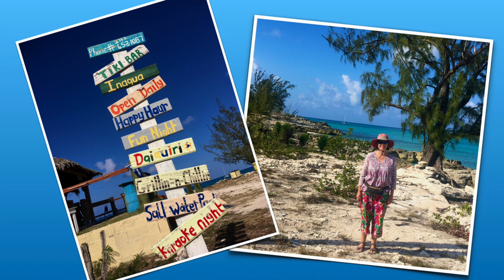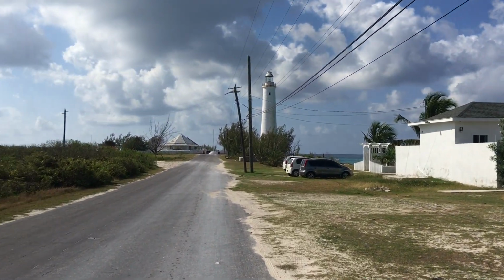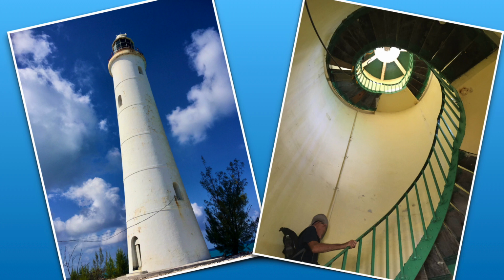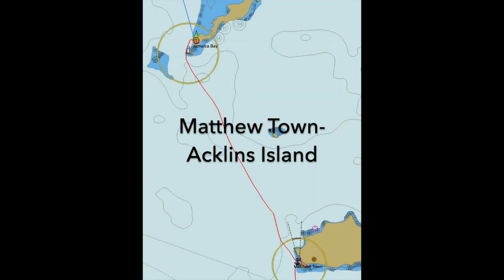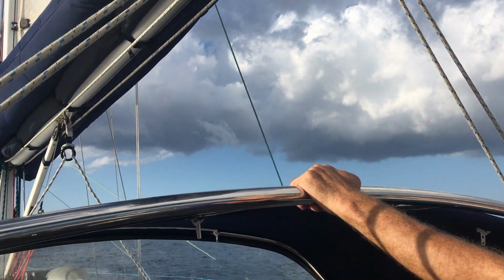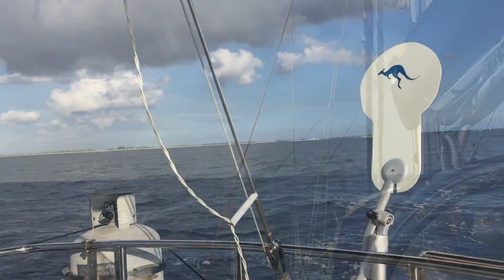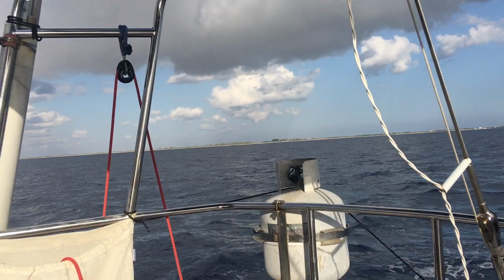Matthew Town seemed like a very remote and quiet town, but the locals were super friendly and it looked like a fun place to be. We spent a day exploring ashore and visited the old lighthouse that was in a state of disrepair. Sadly, we couldn't stay there for too long as the anchorage isn't very protected, so we set off the following